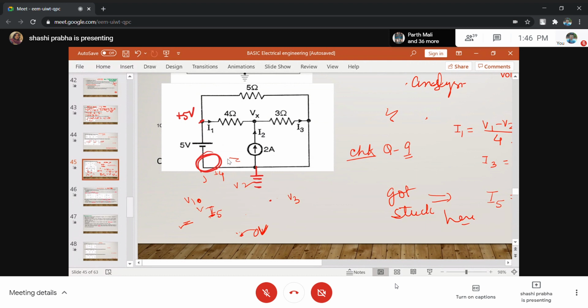Because there is rise. ये plus से connected है और ये minus से connected है. This you take as a reference, so it becomes plus. If it is like this, फिर क्या करेंगे इसको? If it is like this, so there is a fall, no? From here to here is a fall of 5 volt. So this becomes minus 5. So that type of numerical are done in this way.